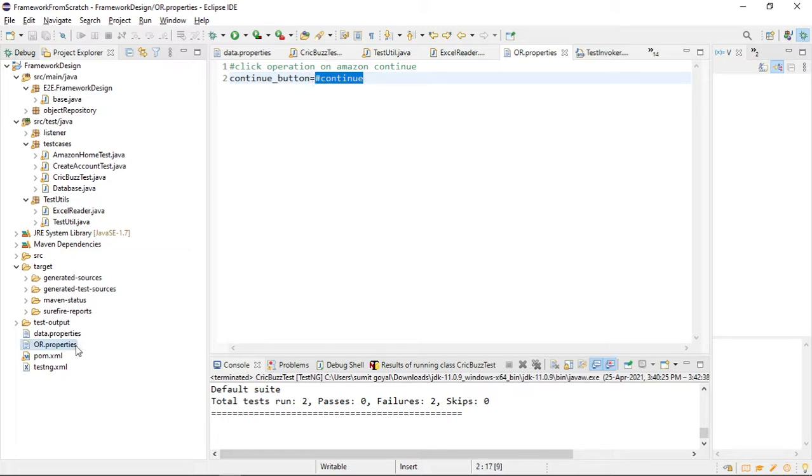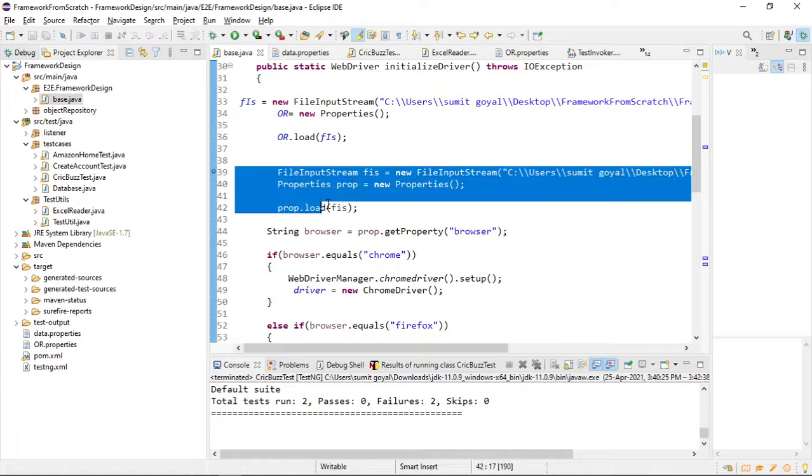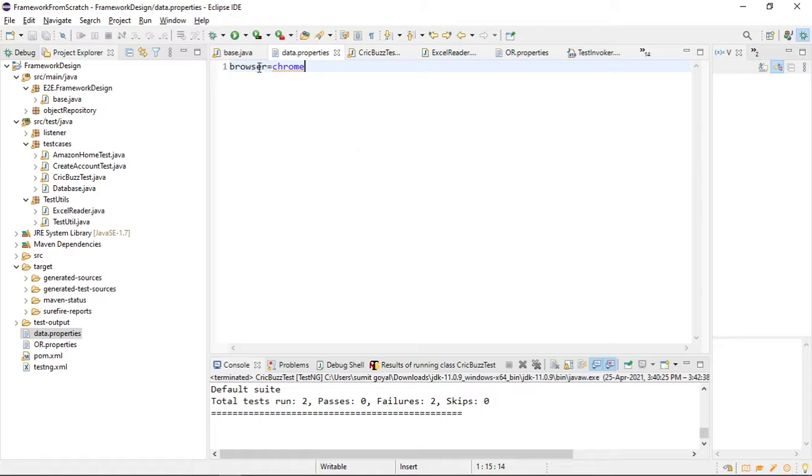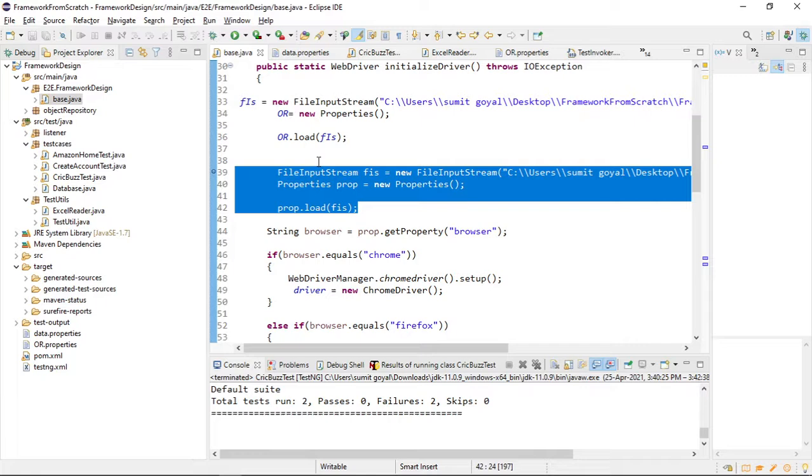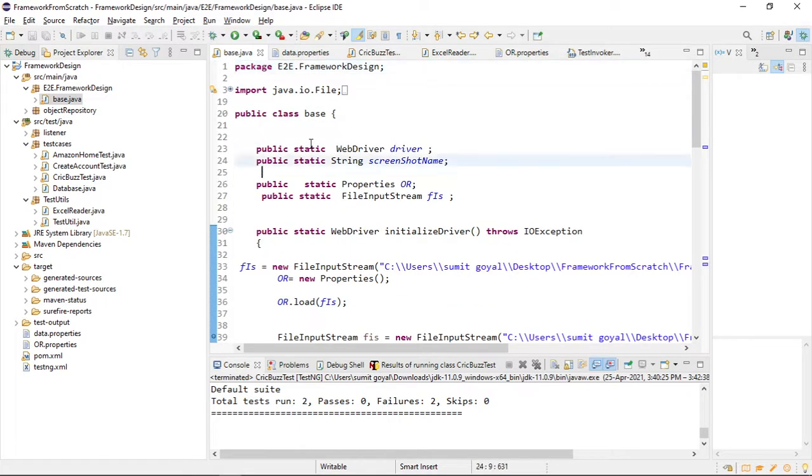So this is a properties file. If you remember yesterday what we did to fetch the data from the properties file, if I open that base class again, these are the two steps we have done. One property file has the browser name, which is Chrome. If I want to get the other property file, I have created one variable outside. For this or.properties, I have created this public static Properties OR and the FileInputStream FIS. I have given some other name; this name is different and this name is different.